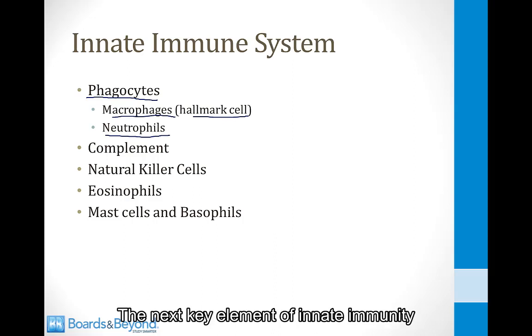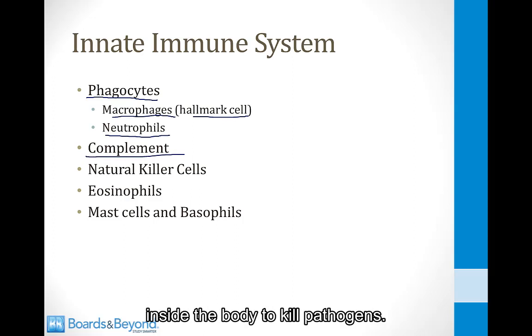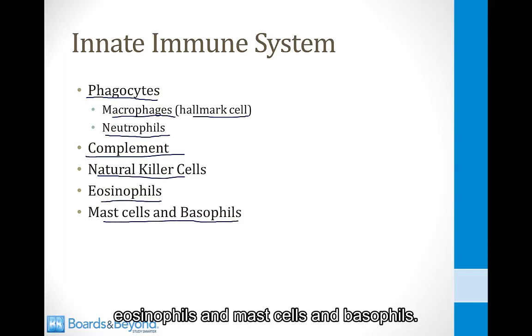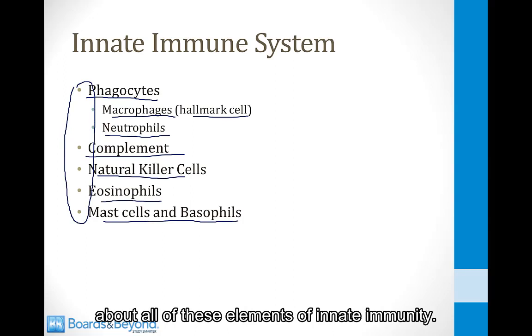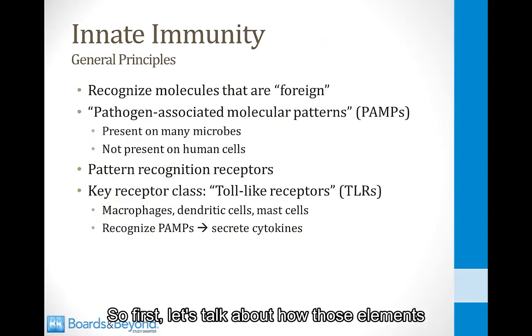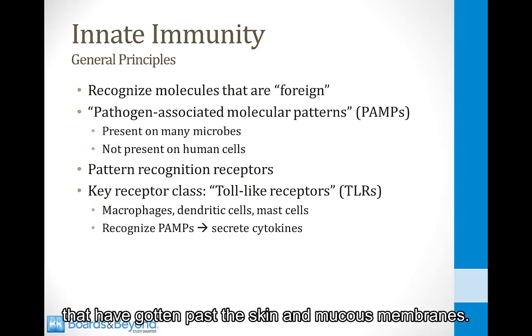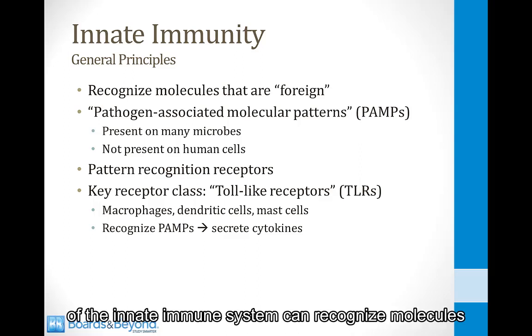The next key element of innate immunity is the complement system. This is a series of proteins that can be activated inside the body to kill pathogens. And then finally, there are natural killer cells, eosinophils, and mast cells, and basophils. And in the remainder of this module, we're going to talk about all of these elements of innate immunity. So first, let's talk about how those elements of the innate immune system recognize pathogens that have gotten past the skin and mucous membranes. And you should know that all those elements of the innate immune system can recognize molecules